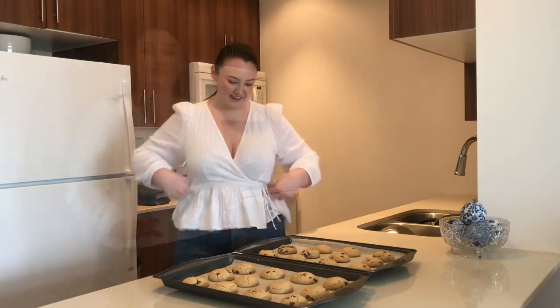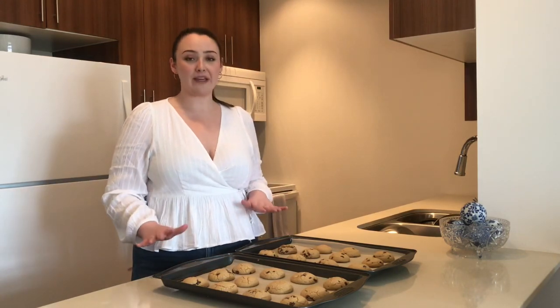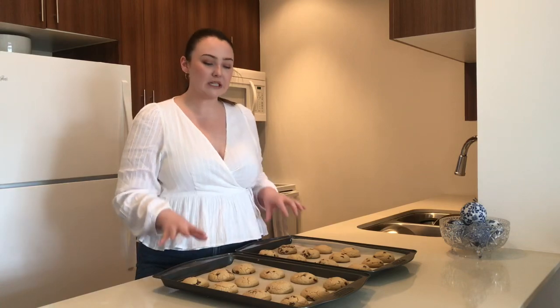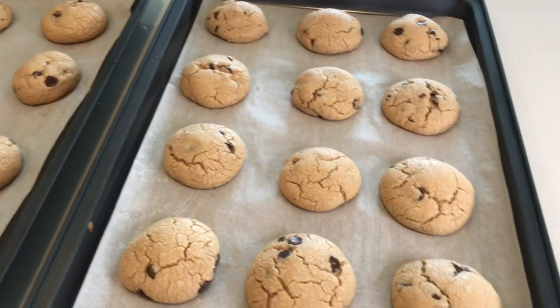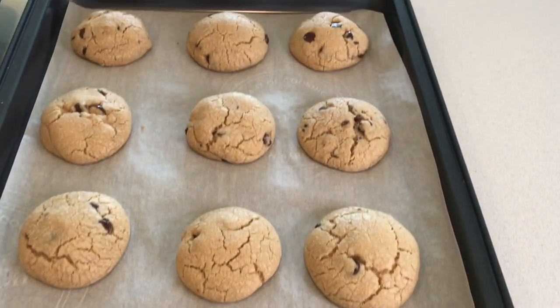They look great. So now, as tempting as it is, you want to make sure that all of your cookies are left on the baking sheet to cool. Put it onto a cooling tray. It's going to run the risk of cracking and breaking. So letting it cool on here for about 20 minutes to 30 minutes, it's really going to have the best impact, especially with that golden brown bottom, because they're going to continue on baking. And there we go. We have beautiful chocolate chip